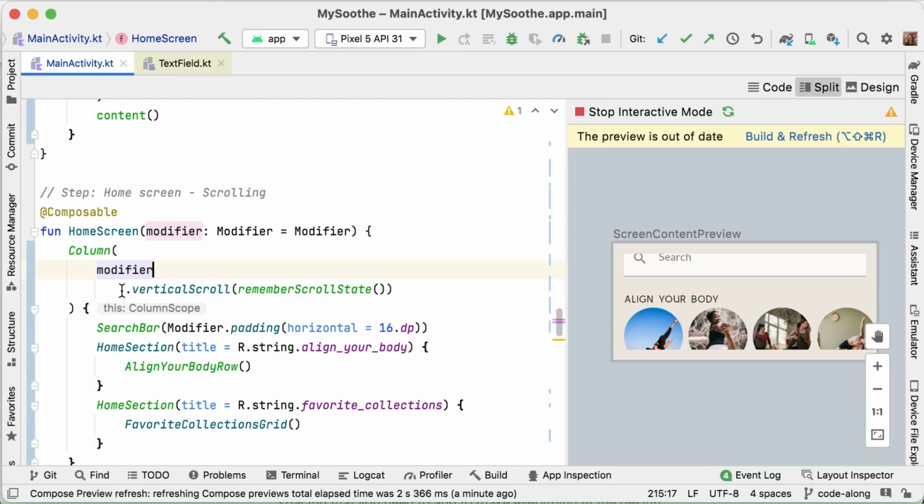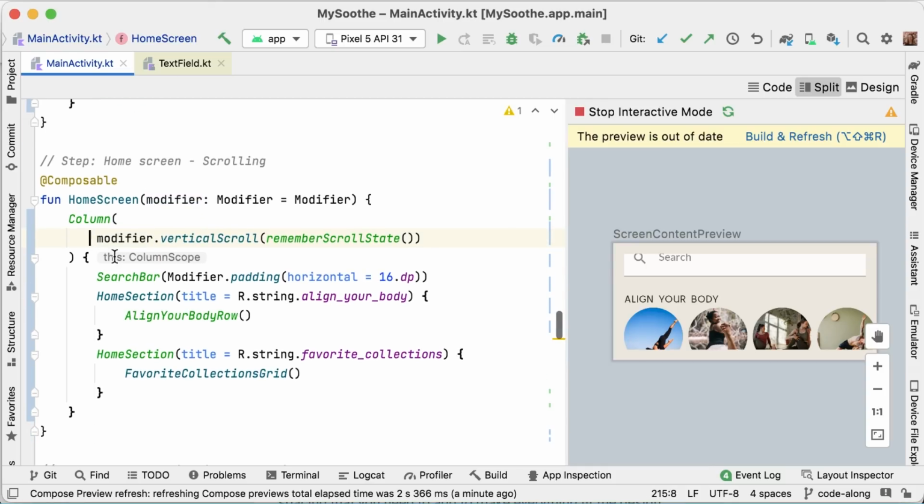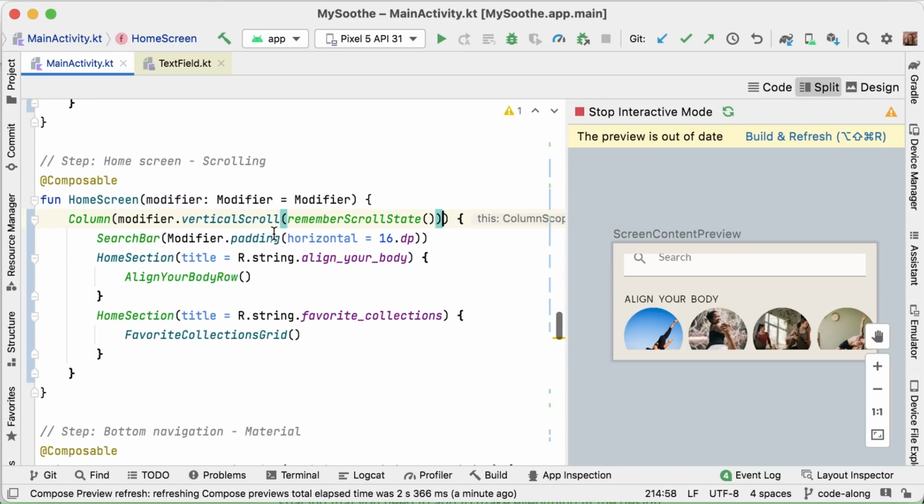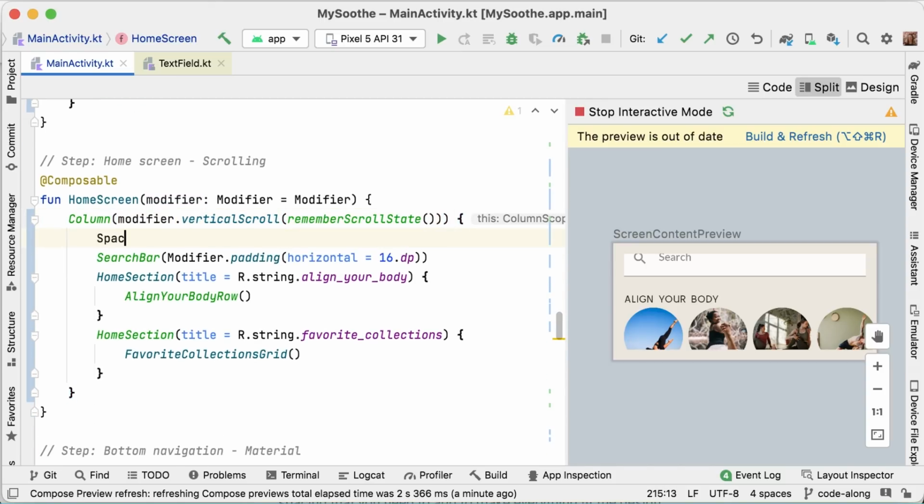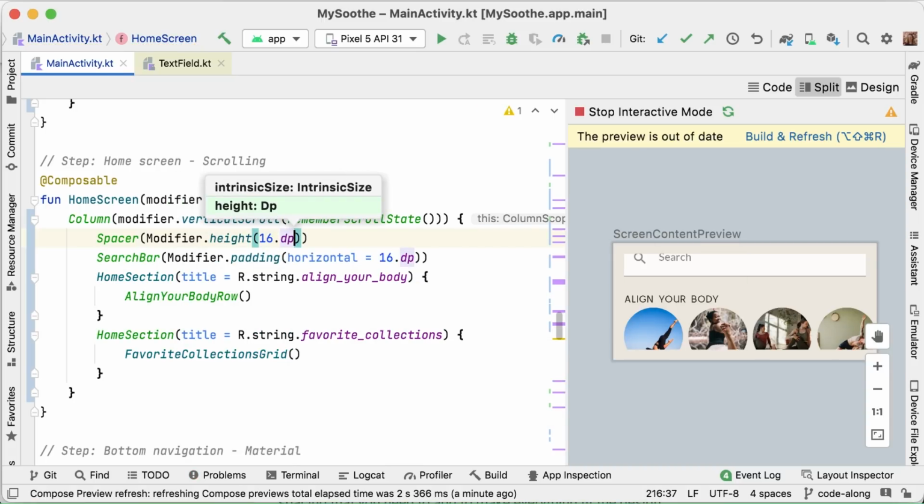What I am thinking is maybe the easiest way to solve this would be to add specific spacers. So we haven't touched upon spacers yet, but as you can see, a spacer basically only gets a modifier, and that modifier you give a specific height. And this will just create kind of an empty composable, which doesn't really do much except for taking up space, which is why it's called a spacer.